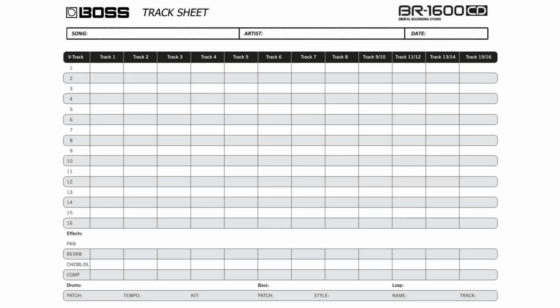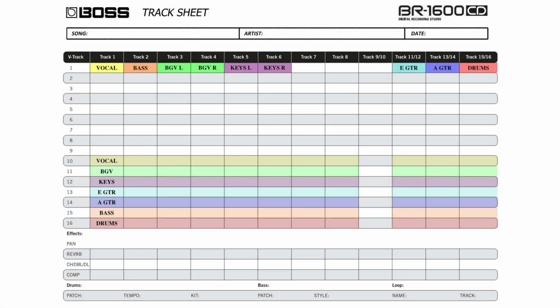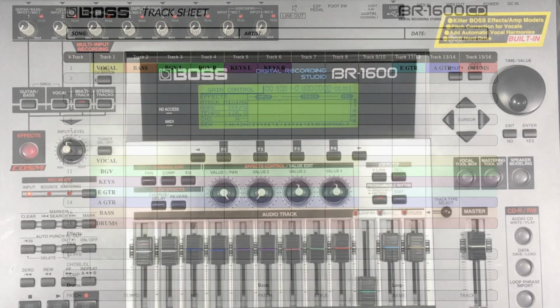The way I work, which I've touched on in previous videos, is to use the V-track groups as buses. I'll generally apply all the insert effects at bus level before bouncing them down to be mixed. This leaves the insert effects free to be used for additional compression, EQ and volume changes if needed during mixing.